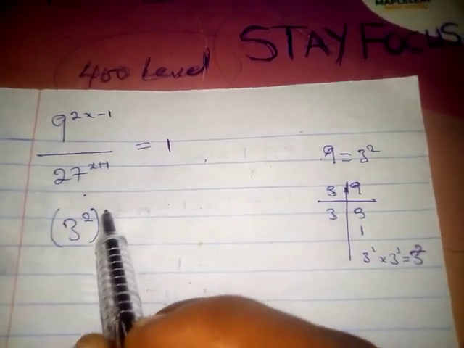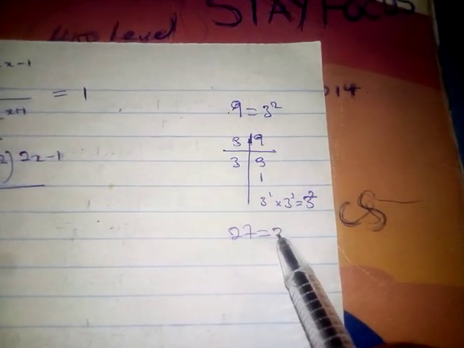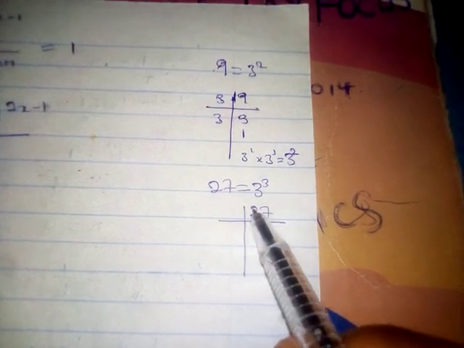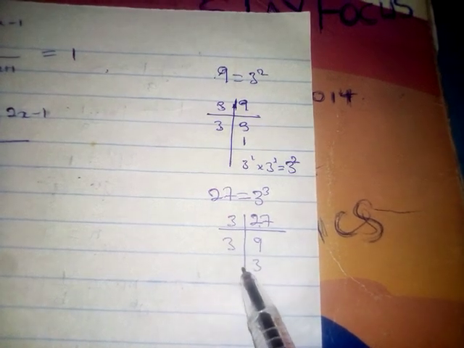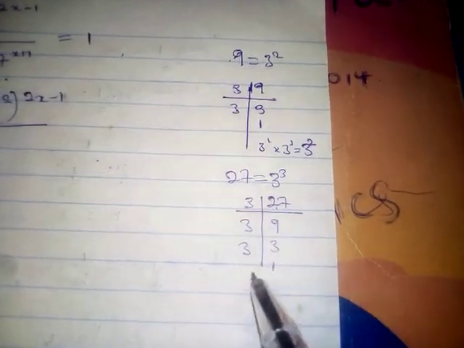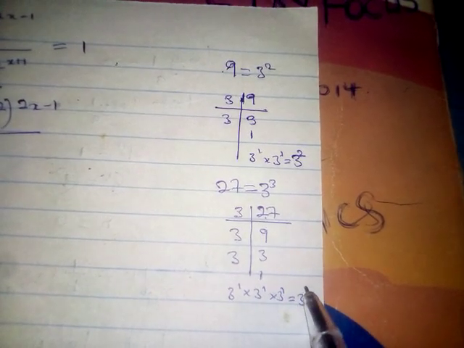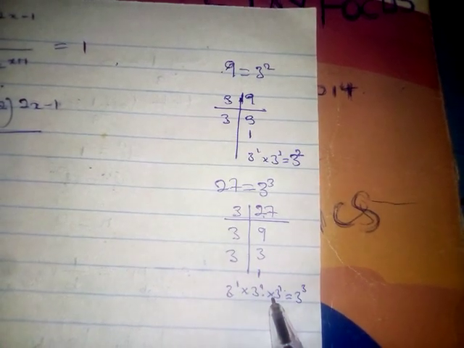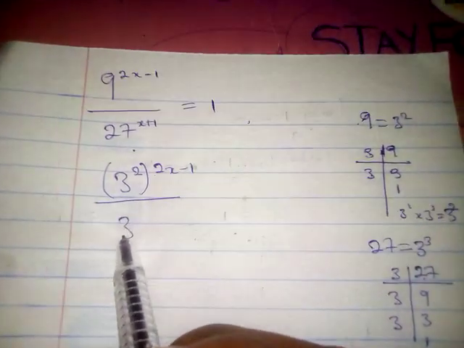Okay, 2x minus 1 all over. Now your 27 here is simply 3 raised to the power of 3. Okay, now if you want to do this, 2 can't go here, so we take 3. 3 here, 9. 3 here, 3. 3 here, 1. So we're having 3 raised to the power of 1 times 3 raised to the power of 1 times 3 raised to the power of 1, which is the same thing as 3 raised to the power of 3. If you add this 1, 2, 3, remember the base here are equal and it is multiplication. So this is 3 raised to the power of 3. Okay, so we are going to put here as 3 raised to the power of 3